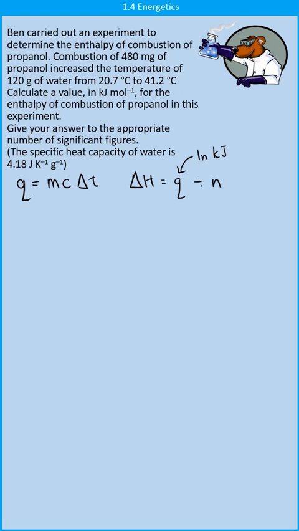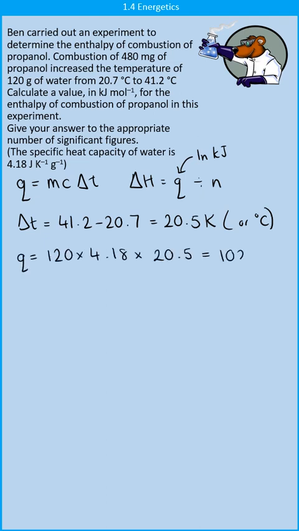So before I can work out a value for Q, I need a temperature change. Now, of course, in chemistry, all of our temperatures are in Kelvin, but actually here, because it's temperature change that I'm interested in, and because the size of a Kelvin is the same as the size of a degree Celsius, I don't actually need to convert the two numbers first. So I'm just going to work out that delta T is 41.2, take away 20.7, which is 20.5 Kelvin, or degrees C, same thing. And then next we're going to work out our value for Q, so we're going to multiply together those numbers and get